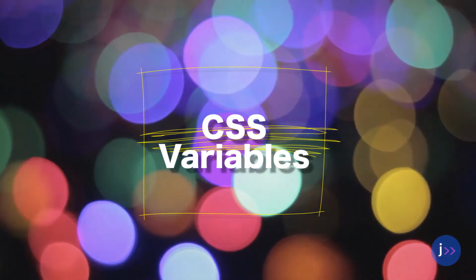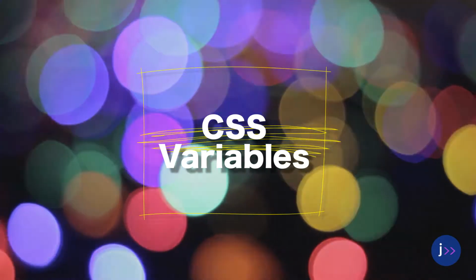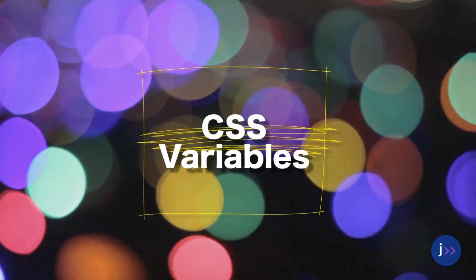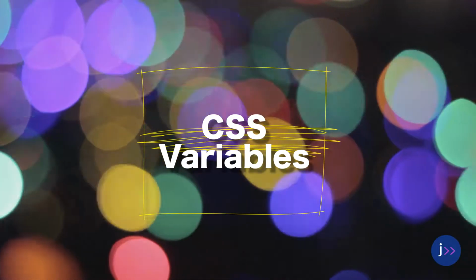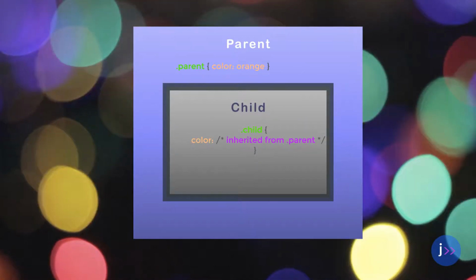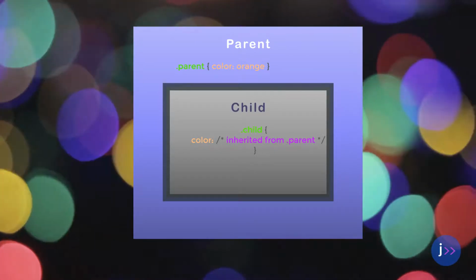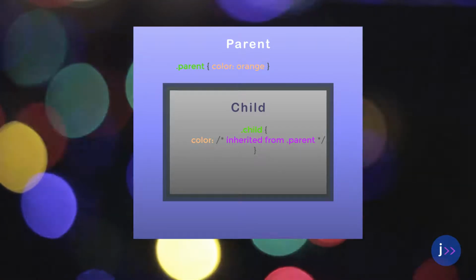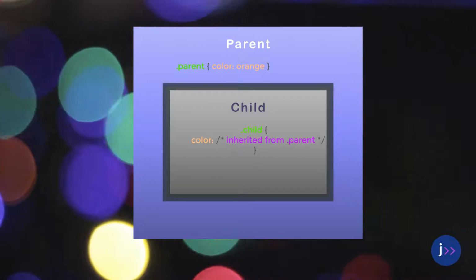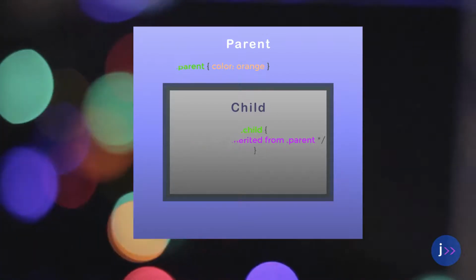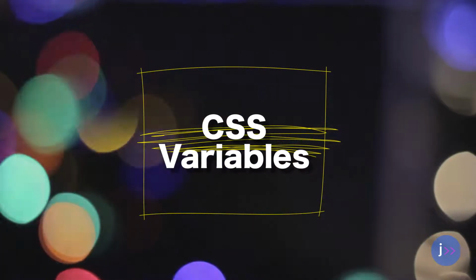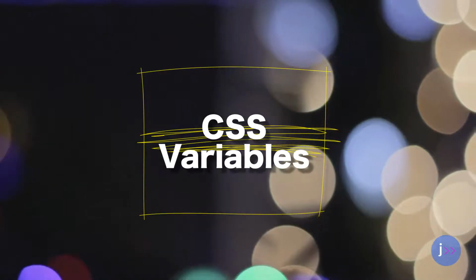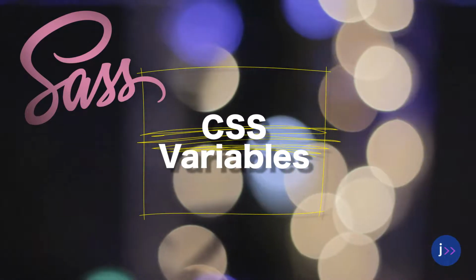Most languages have had variable support for a long time, but CSS never really had it out of the box. Our style sheets in CSS cascade, which has many inherent benefits already, but in cases of code reuse or dynamically computed element values based on some condition in your JavaScript, the cascade really might not be enough. Enter CSS Variables. Huzzah! If you've ever used compiled languages like SASS, you're probably familiar with variables in your style